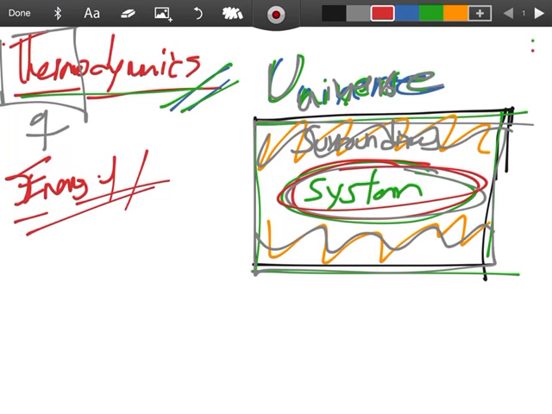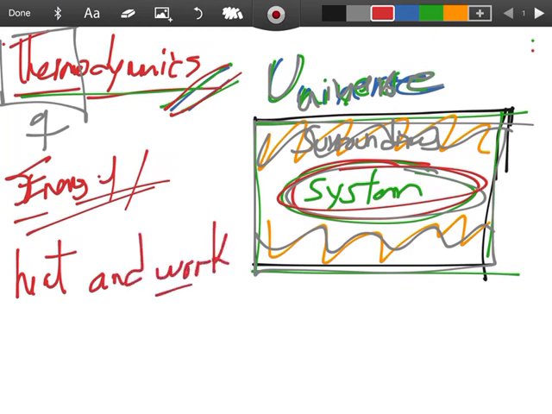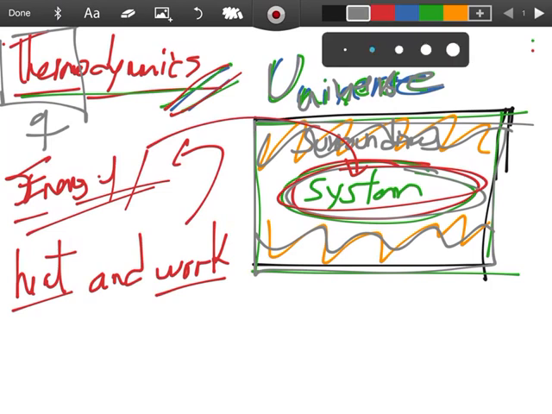Very well. And if we're going to define them in the classical way of thermodynamics, we have to understand that this energy is going to be divided into different things. The first one is heat, and the other one is work. Okay, so basically those are the two concepts that will define as a whole the energy of a system. Very well. So we have to start depicting these as symbols, which we can use later to create an equation.